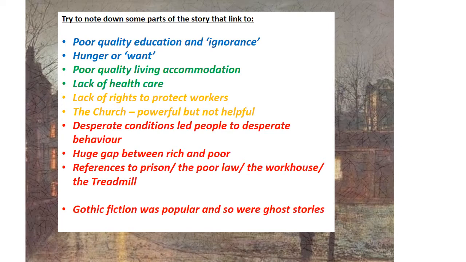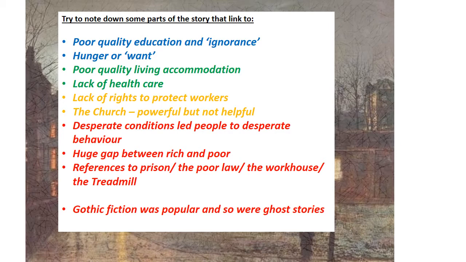So here we have a slide all about the things you can include if you want to write about Victorian London. You need to look at my list. It's got all sorts in it: poor quality education, hunger, poor living accommodation, a lack of healthcare, a lack of rights to protect workers, the church, desperate conditions leading people to do desperate things, the fact that there's a huge gap between the rich people and the poor people, and then thinking about references to prison, the poor law, the workhouse and the treadmill. And then right at the bottom you've got Gothic fiction, because this is what we call